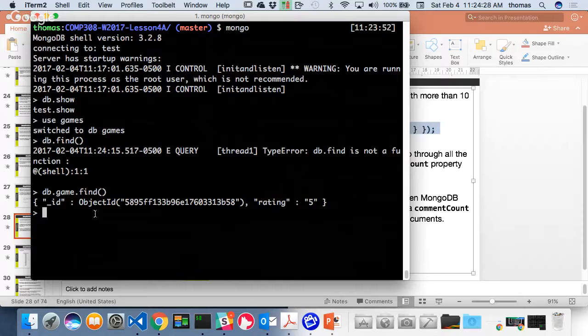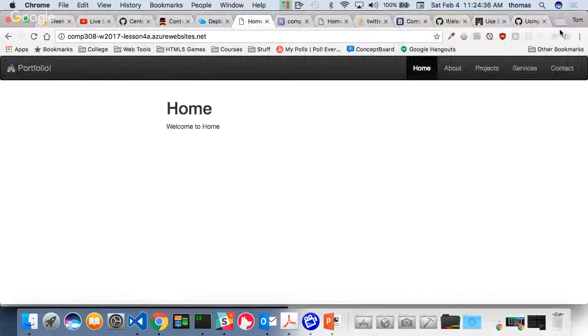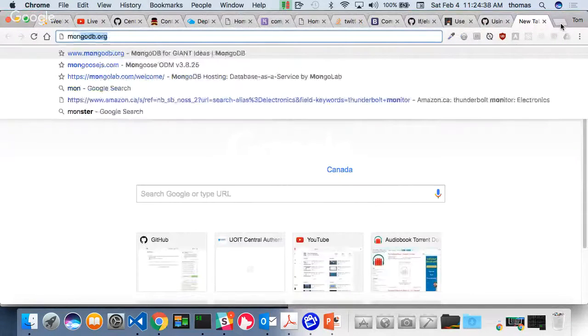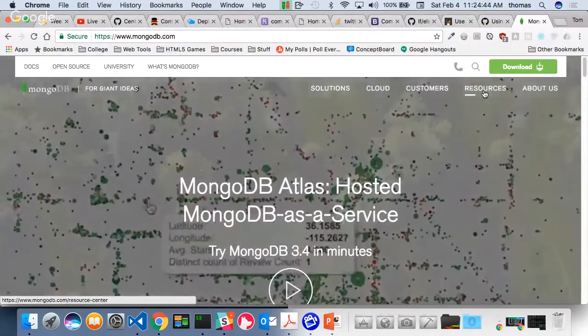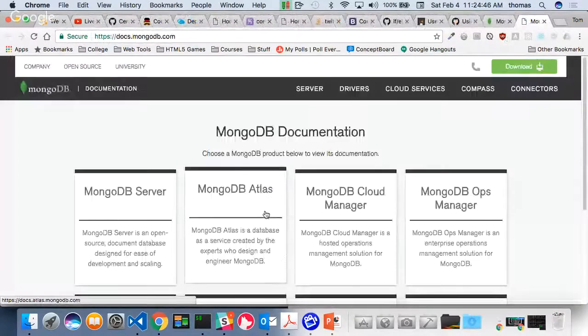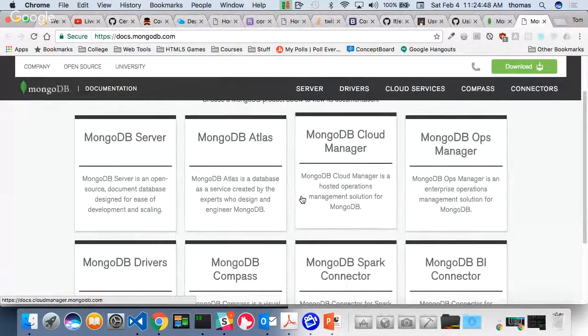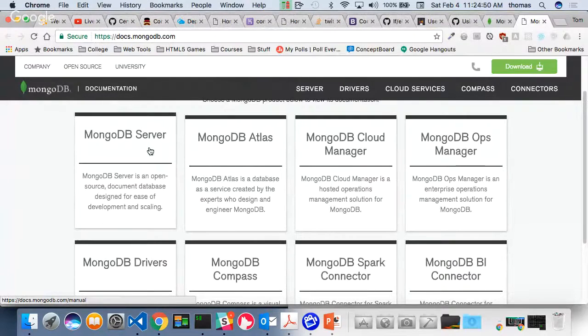I find one. So db.getCollectionNames, that's a different thing. I want to show all my databases. How do I do that? Right, that's the thing. And by the way, for you to find all these commands, we don't have to guess. There's a great website for this. If you go to mongodb.org, and if you look at the documentation, so if I look at docs on the left here, and then if I want to do my Mongo server, right,